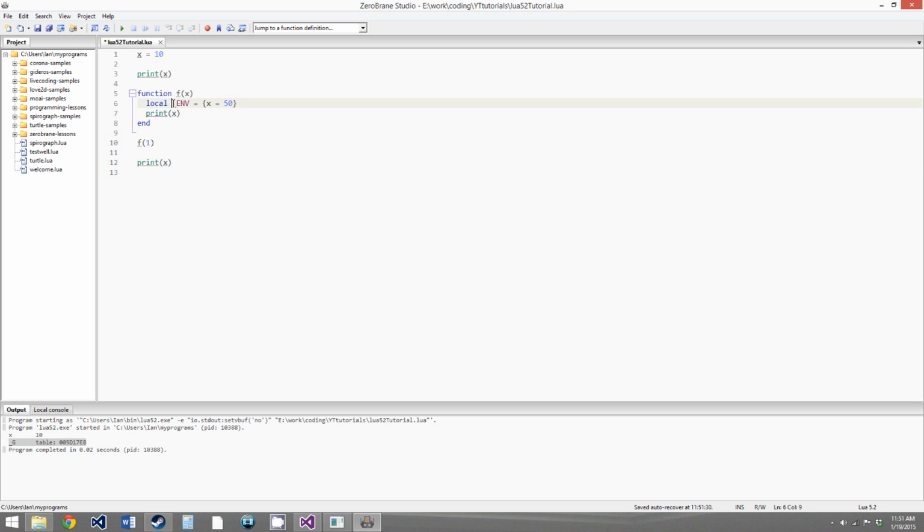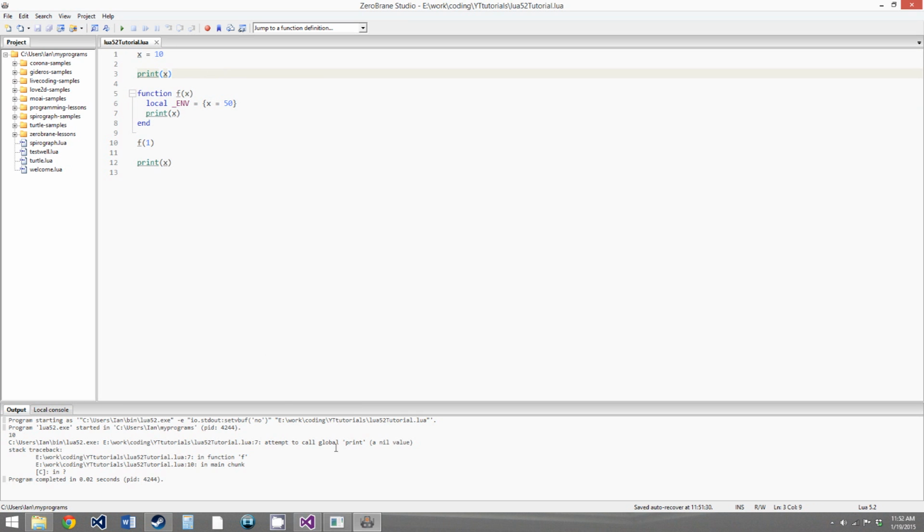So we have the new _env variable that stores a different value for this x, and that will take precedence over the global x that we have in the _env that controls the whole chunk. So when we print x here, it will print this x, but when we print x here and here, this version of the _env table doesn't exist, so it will print this x, and we can just show that by running it. We get,